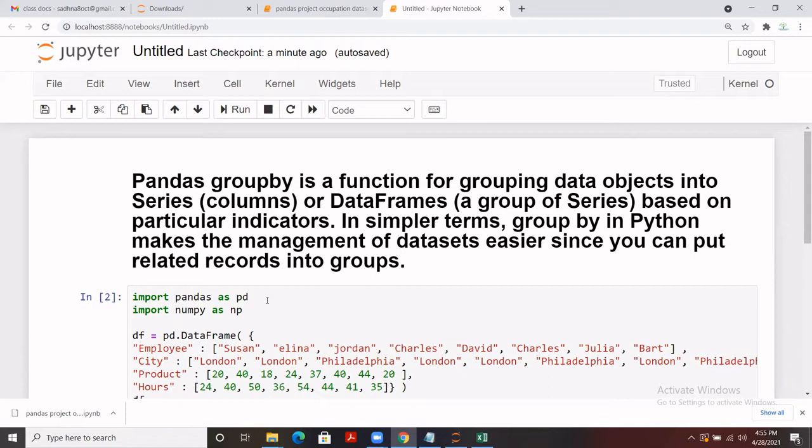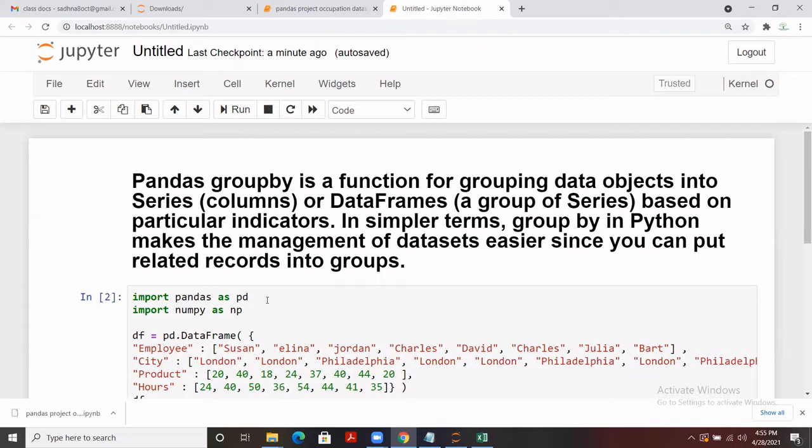Although we have some other functions as well, for example the pivot table, that is also to summarize our data set as per your requirement, and we do have, let's say, cross tabulation as well, and we basically use group by for that purpose as well. So with group by, let's say you have a data set in which there is one column.